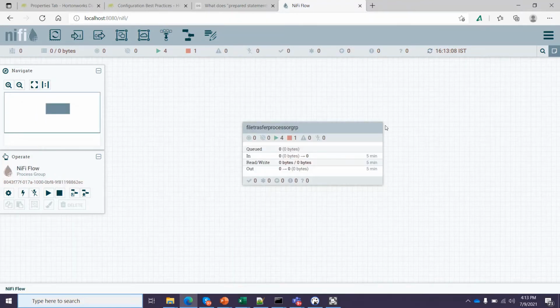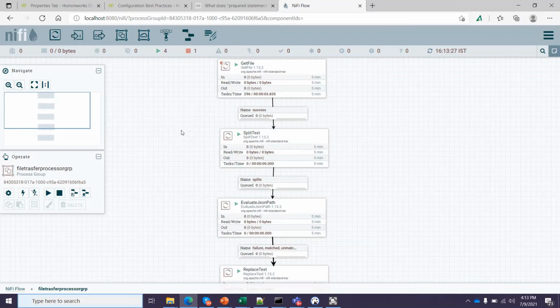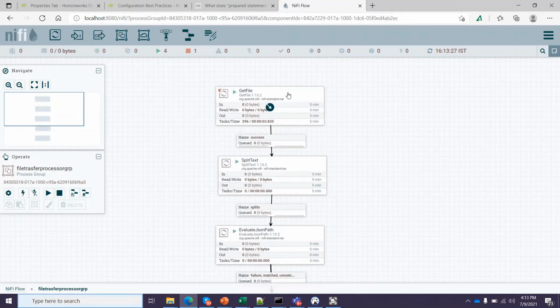What I did is I created a file transfer processor group here. From that processor group, I added my flows inside it. My first processor is Get File, which picks up the JSON data.